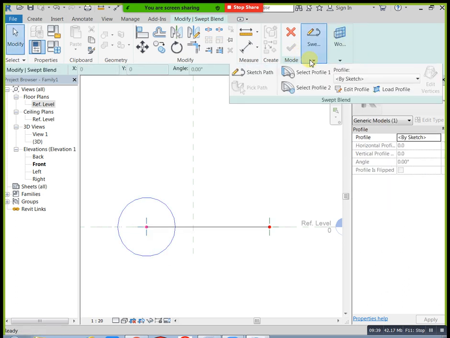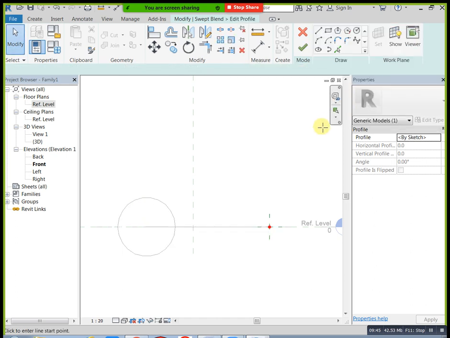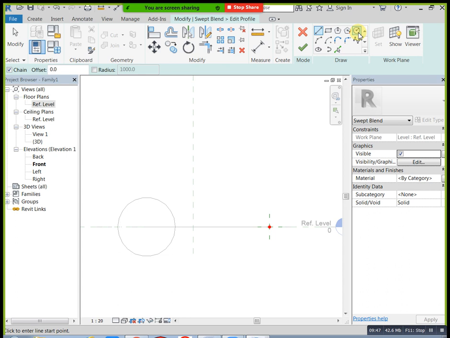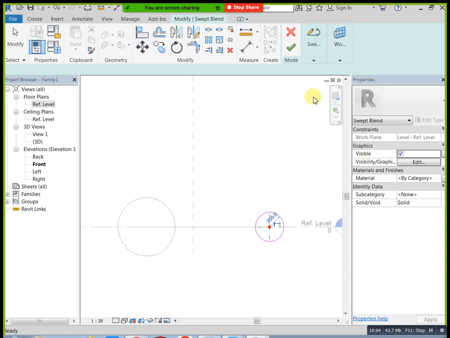Select profile 2 and click on edit profile. Draw the closed section again, and click on finish mode.